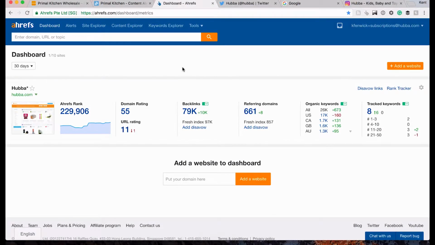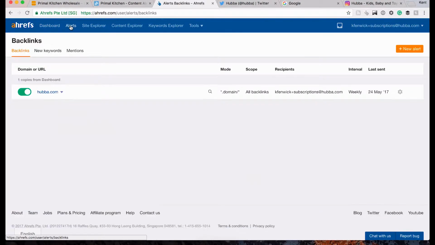So when you log into Ahrefs, this is what your dashboard is going to look like. And you can see that we're tracking our Hubba domain here. And we're not going to dive into this here. Ahrefs is really an SEO tool that has some powerful brand mention monitoring tools as well, but they're primarily an SEO tool. So if you're not interested in optimizing your SEO, a lot of this information will be useless to you. Totally fine, let's ignore it for now and pop into the alerts tab.